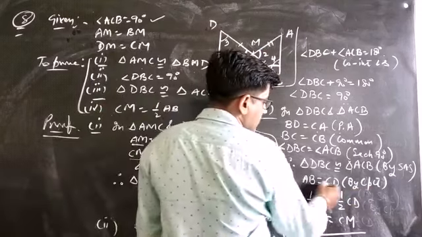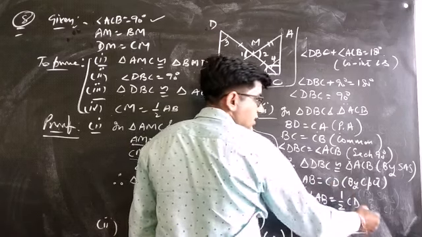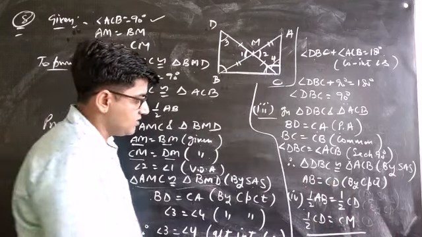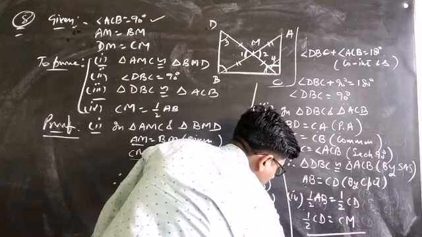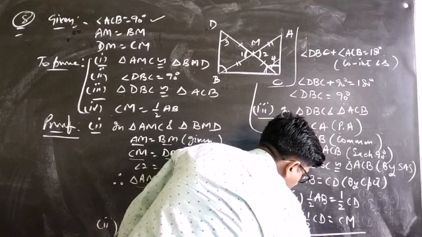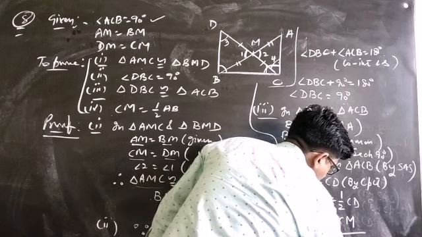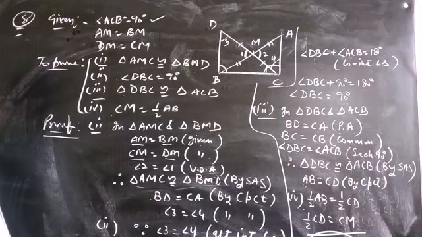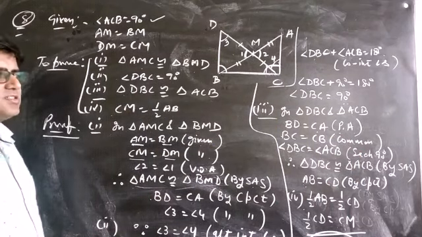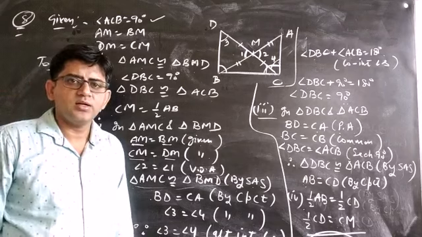Now because AB is equal to CD, we can take half of AB is equal to half of CD. So half of CD is equal to CM. So you can mention here half of AB is equal to CM. This part is proved. So these are the 4 parts of the question. Now this exercise is over. Now we'll move to the next exercise.